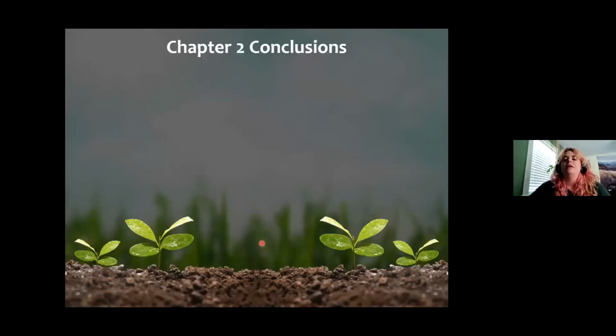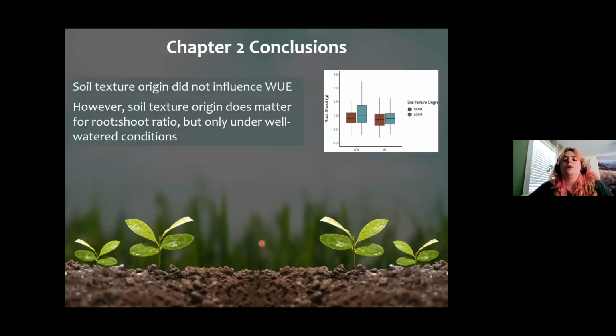All right, so to wrap up that brief chapter, we investigated the effect of soil texture origin and how that influences trait response to water limitation. And we found that soil texture does not matter for water use efficiency. We did find an influence of soil texture origin on root to shoot length. However, it was only under well-watered conditions, and we didn't observe that effect under water stress. Understanding how selection acts under fine scale differences is important when we consider if we want to move seed across soil textures. What we found is that if you want to move seed to drier conditions, soil texture doesn't matter for root to shoot ratio. However, it may be important if seed is moved into locations without water stress,